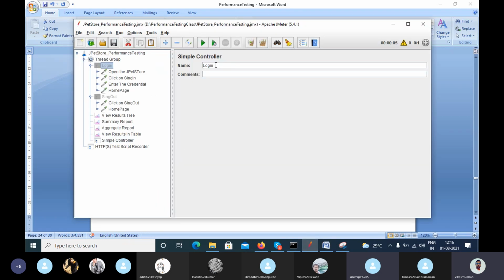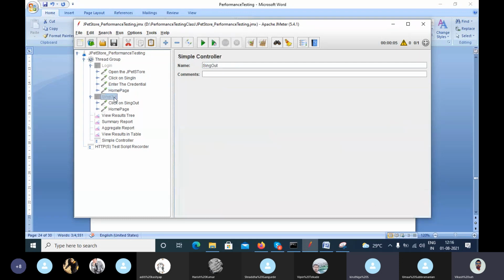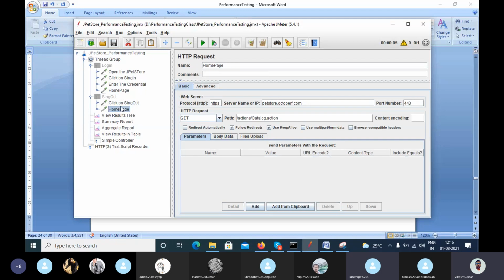This is the login. I think this is the simple controller where we store the multiple requests. Can you see it here? We have stored multiple requests, and similarly we have sign out. Right. Inside the sign out, we have stored the multiple requests. So this is just like a folder container. Now the second request,